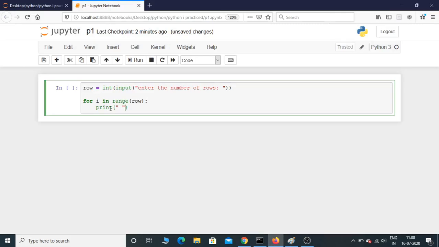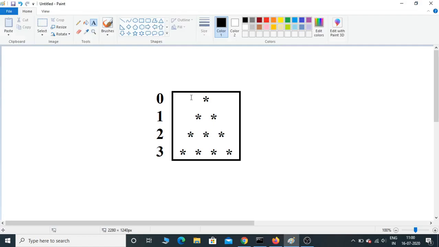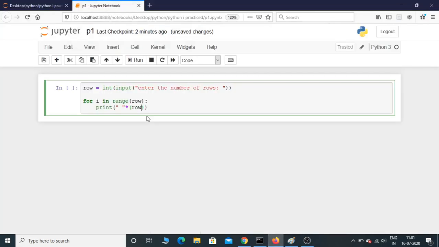How many times though? Star, this is multiplication. Okay, so here it's 3 times white spaces. So I'm just gonna give row. If the user enters 4, so there will be 4 white spaces. So just to reduce the space, I'm just gonna minus it with i.